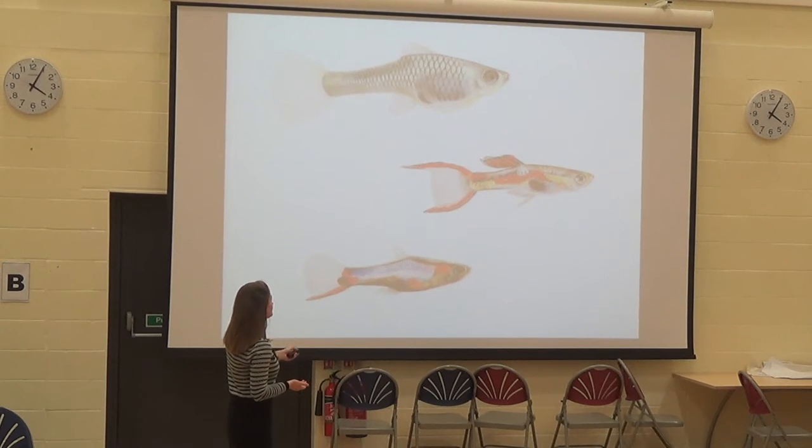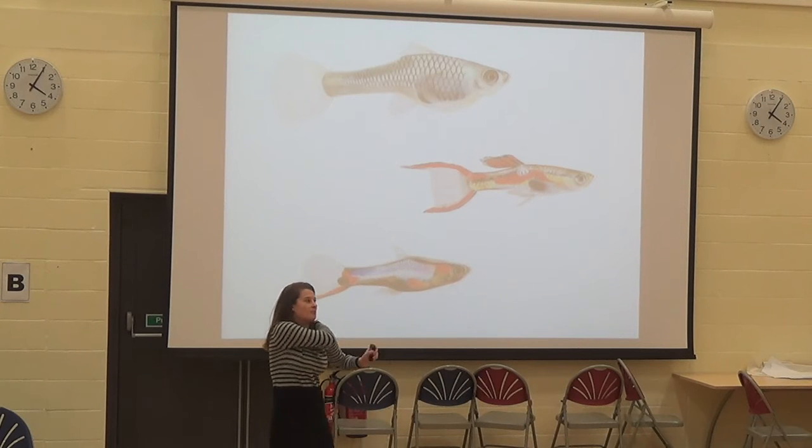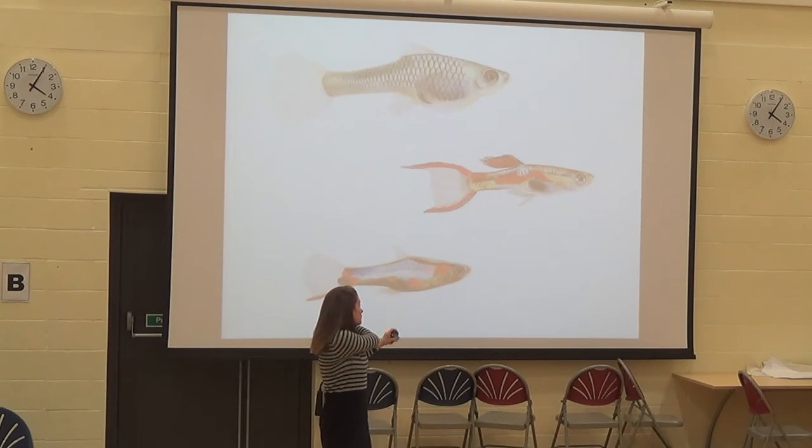This is the female, and these are males. So the female is much bigger than the males, and she's really dull in colour, whereas males are super colourful. And females really like to mate with colourful males, so they find colourful males really beautiful. And there's two particular things that they like about males. They really like the colour orange for some reason.